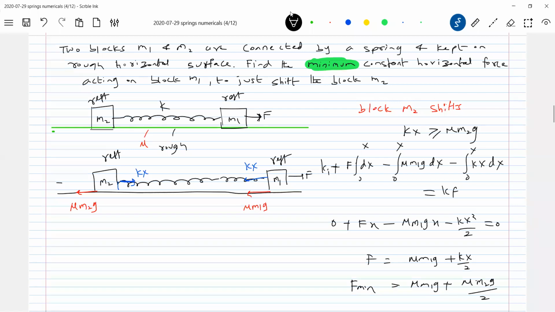Sir, if it is smooth, if the friction between the block m2 and the ground is 0, tell me in that case what shall I write? I should apply force greater than mu m1g, because when m2 will shift, the spring force is non-zero. For the spring to get elongated,